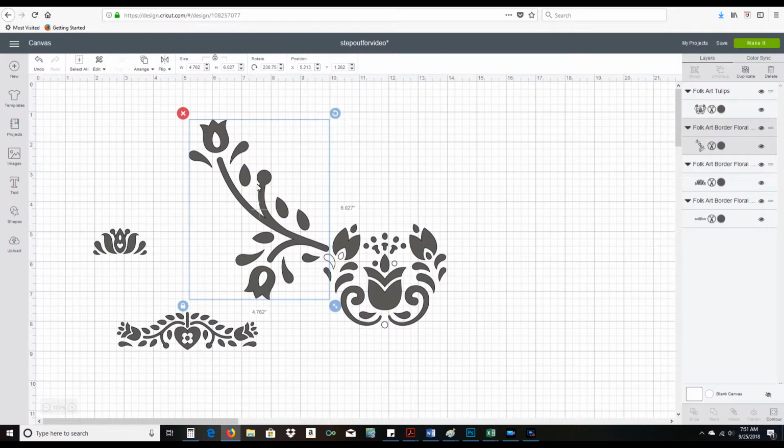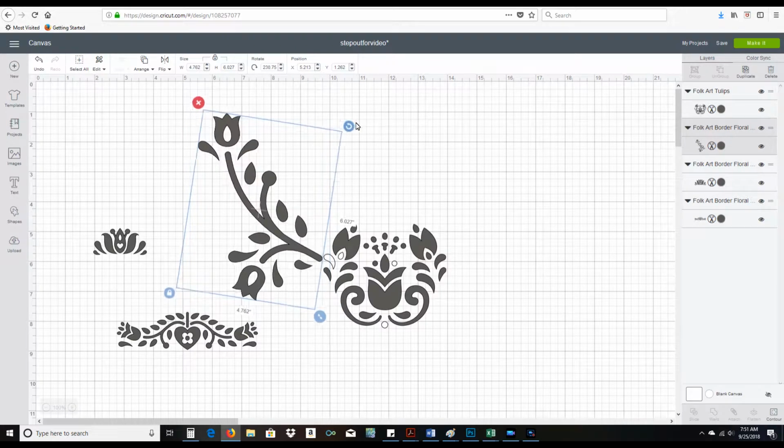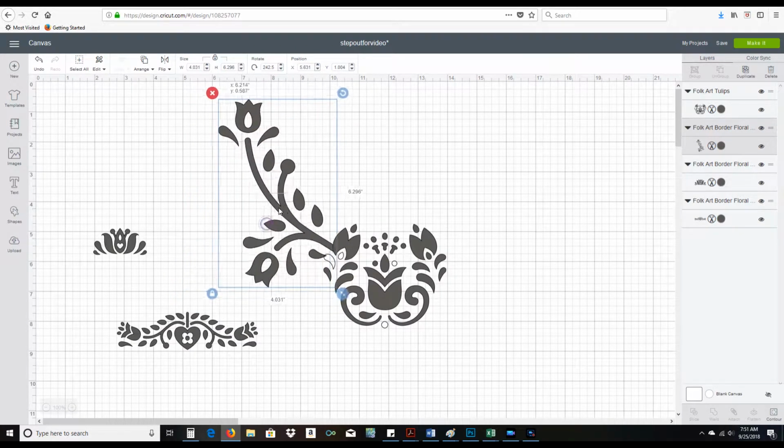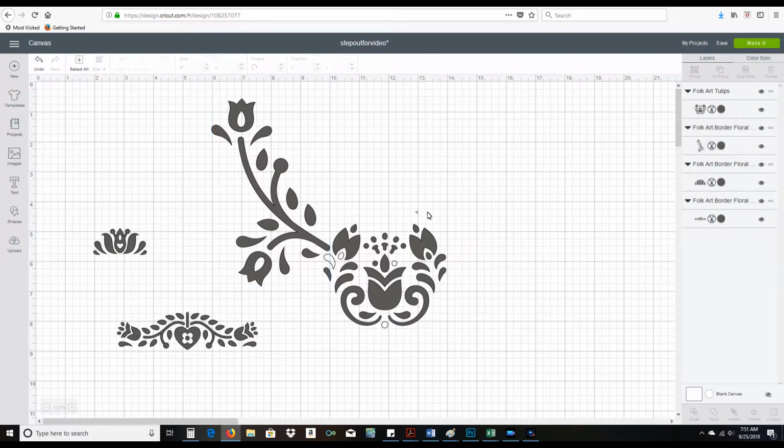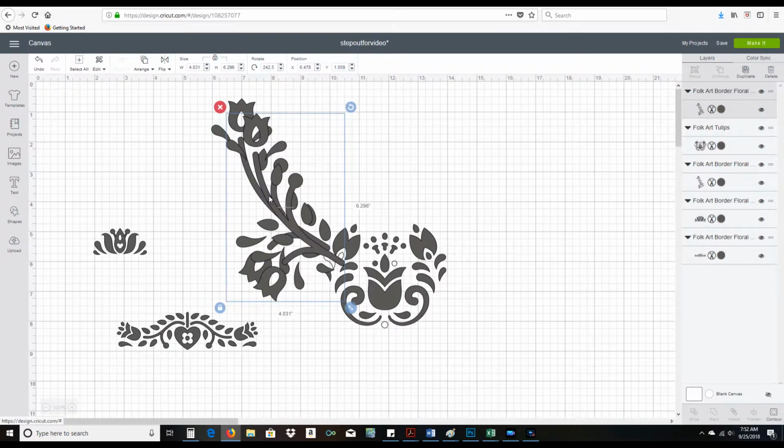So I angled the vines to go up the edges of the V. And so I'm going to put it back to about the same way that it was before, because I like this angle the best. And because this is going to be a design where it goes up both sides of the V and the bottom part is just a medallion at the bottom of the V, I want to make 2 of these vines, and I want to flip one of them so it's exactly the same angle as this angle. So I'm going to duplicate it,